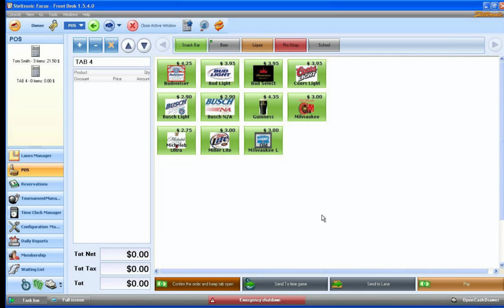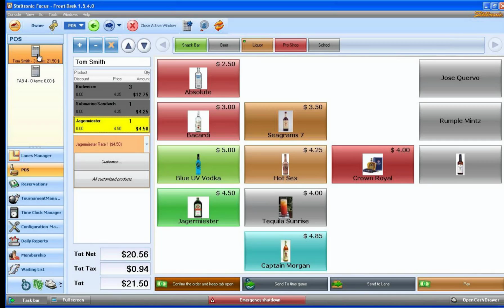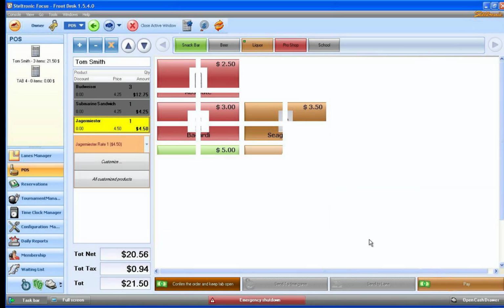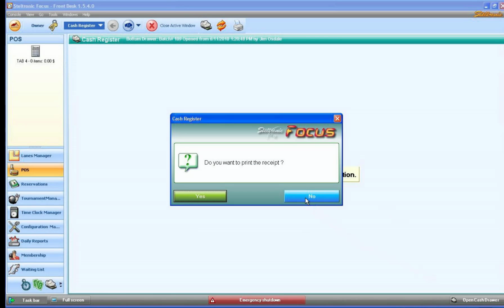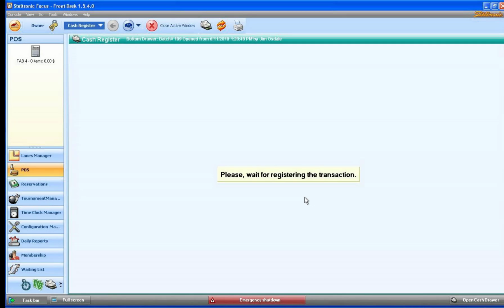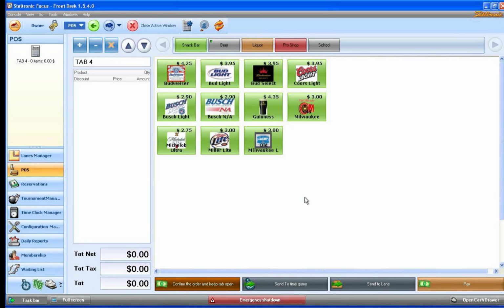And now the same thing goes for Tom Smith. He'd like to close out his bill. He does not want to print out. He just says, how much do I owe you? And we tell him $21.50. He says, okay, here, let me give you $40. We can click on pay. And he gave us $40. Collect in the bottom drawer, and Tom does not want a receipt. Click on no. So those are the procedures for a tab, running a bar tab, and also the ability to